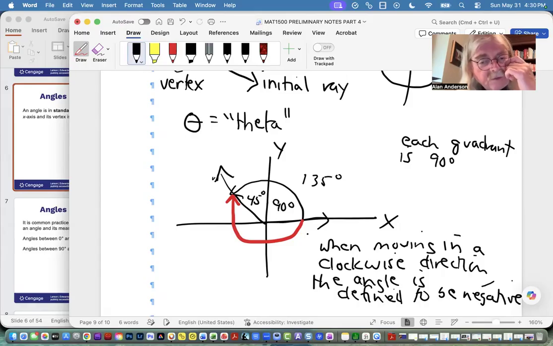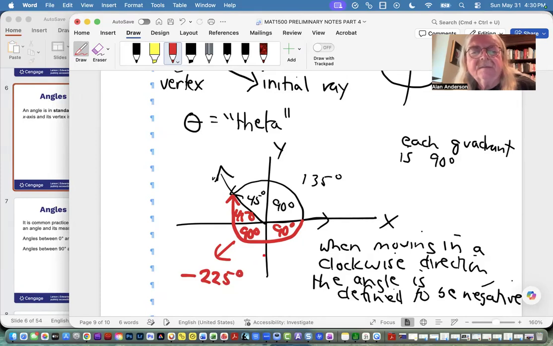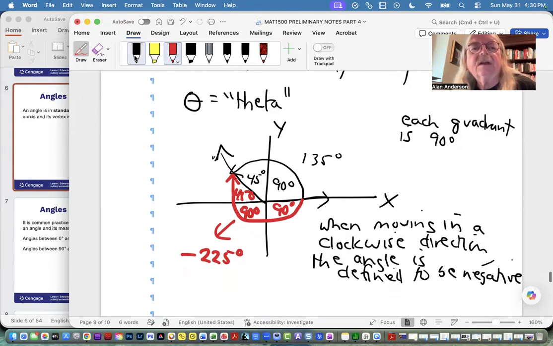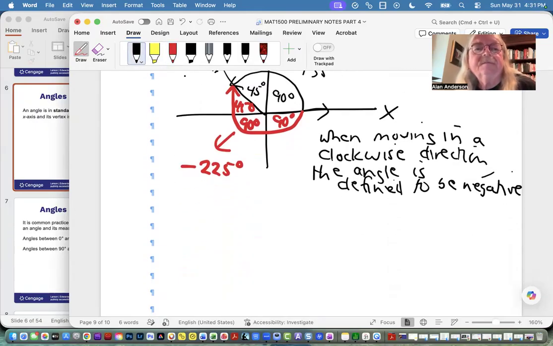Now, if you notice, by going in that direction, we went 90 degrees to get through the fourth quadrant, 90 to get to the third, and 45 more degrees to get halfway through the second quadrant. So we say that the negative version of this angle is 225. So basically, what this is showing you here is that they're both the same angle. Positive 135, negative 225